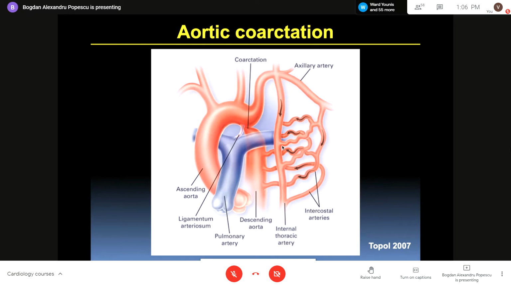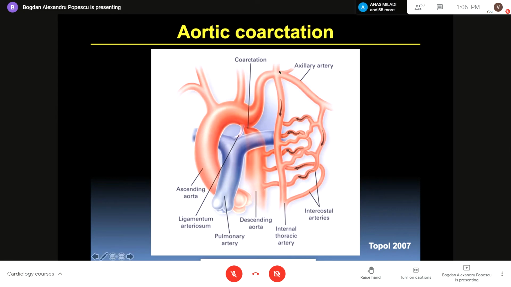You know that when you put a graft on the coronary arteries, ideally it should be an artery instead of a vein, because arterial grafts have a longer history. So the patency of these grafts is much better in arteries than in veins. So this is called also the internal mammary artery or internal thoracic artery. We use it as a graft. But this is a parenthesis, it does not relate to our course today.